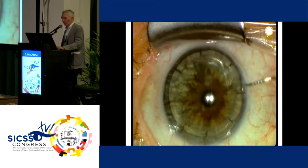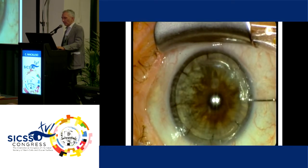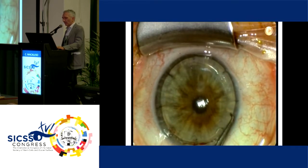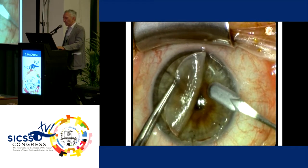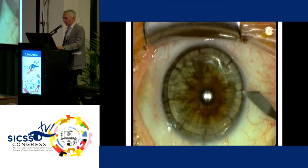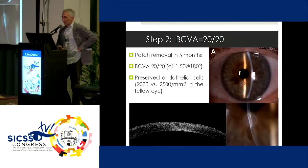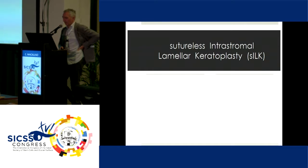However, a good recovery without doing anything, but we waited for 5 months, and then very gently we have removed the outer lamella. And you may see here that as soon as we got close to the plug, we acted very gently and cautiously not to remove the plug. But the visual recovery here, you may see that the visual recovery was very good, minimal distortion, and also an excellent functional and visual